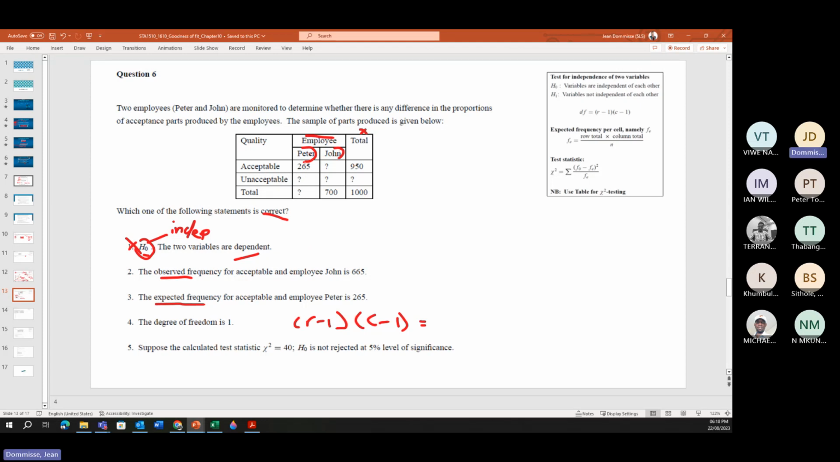Okay, so rows we've got as acceptable or unacceptable, so that is 2, so 2 minus 1, and employees is Peter or John, so that again is 2 minus 1, so 2 minus 1 is 1, so basically 1 times 1 is 1, and that is actually the correct one. Okay, so